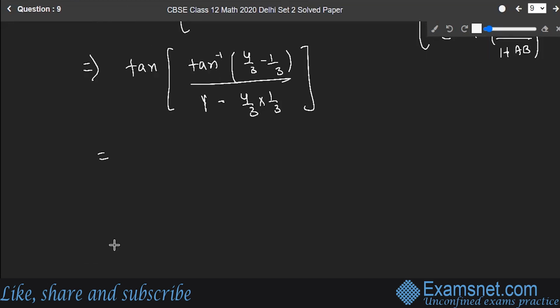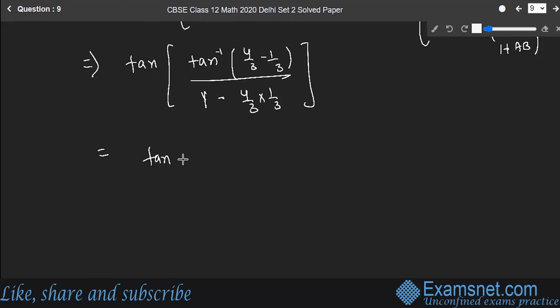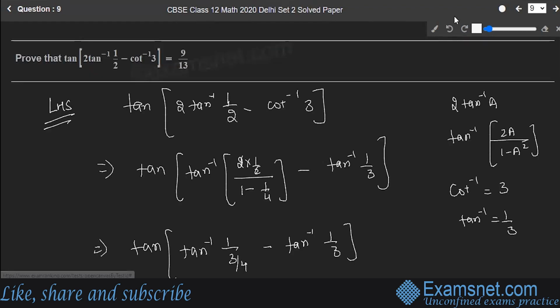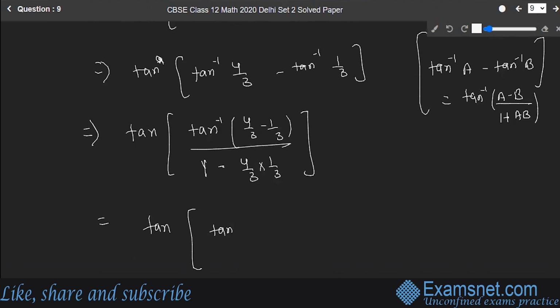Sorry, I have not written properly, wait. This is equal to tan inverse of 1 upon 1 minus 4 upon 9,